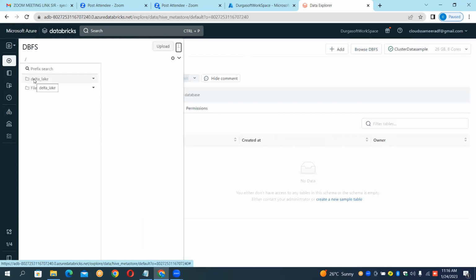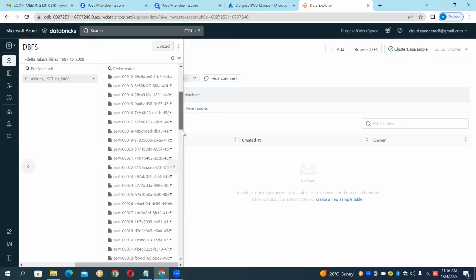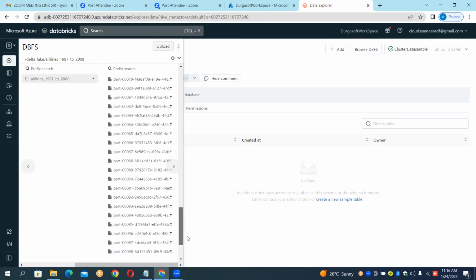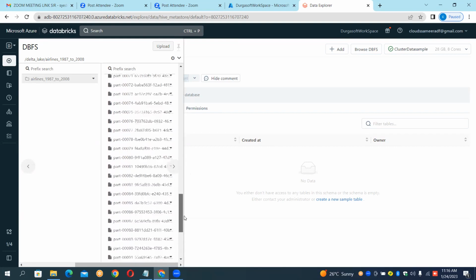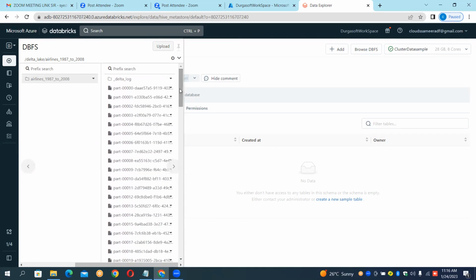Delta Lake created. See here. Open this. Can you see here how many Parquet files? These are the Parquet files. Starts with 00, I think. So we have 98. So that's it. This is the Delta Lake, it has got created